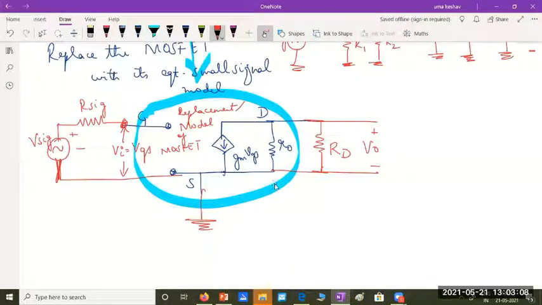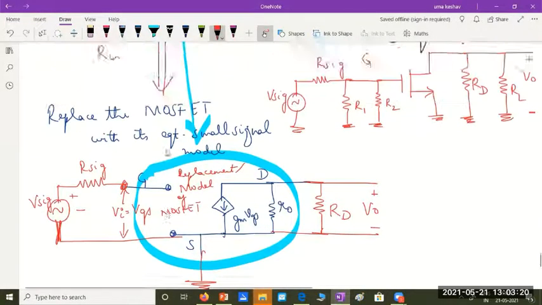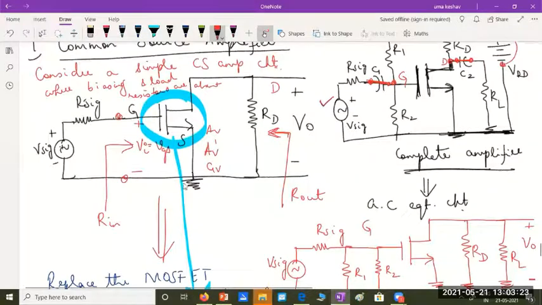Please understand these things carefully because we do this repeatedly in almost all circuits. It's like maths. If you do it once, the same steps or procedure you are repeating. So what are we doing here? First step is to write the AC equivalent circuit. In this case, since we don't have any DC sources or capacitors considered, we have with us the AC equivalent circuit.